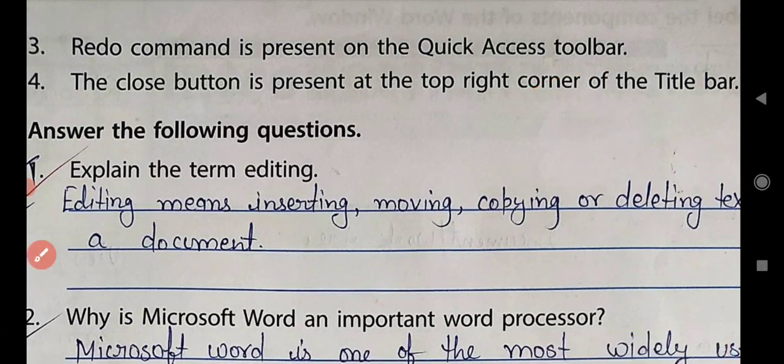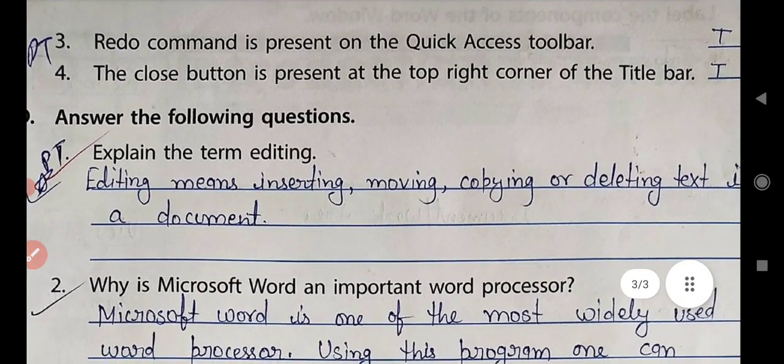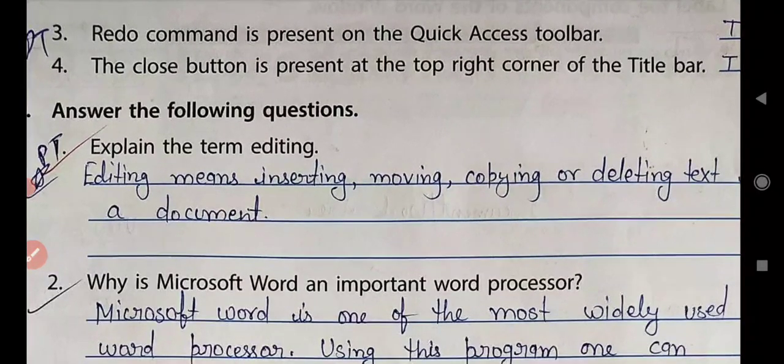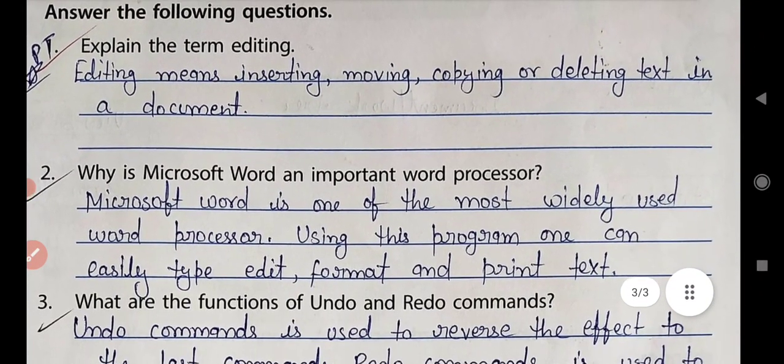Now come to the last exercise. It is exercise D. Answer the following questions. In this, first one is explain the term editing.